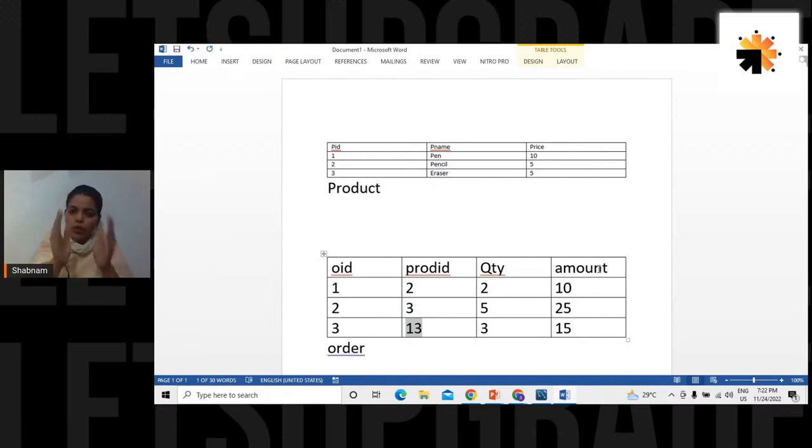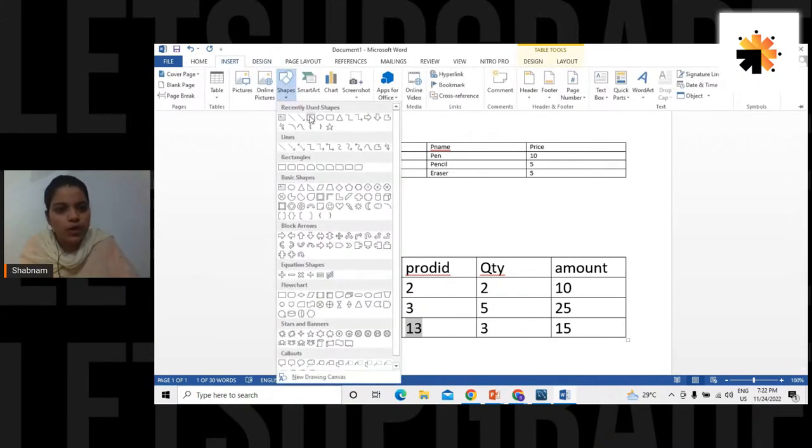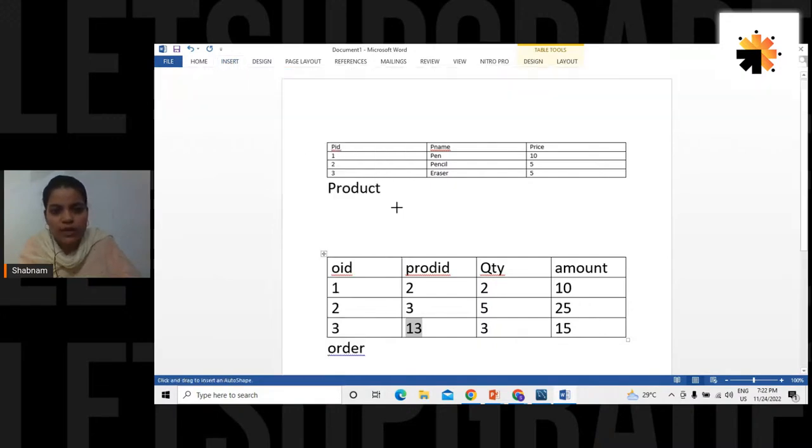The order table should not accept those product IDs which are not present in the product table. So for that to happen, we have to make product ID in the order table a foreign key. It means you have to connect these two columns. Check it out, those who are asking me. Are you understanding now? Check my arrow mark. The product ID from the product table and the product ID in the order table, you have to connect these two columns. Only if you connect these two columns, the primary key over here will become a foreign key in the other table.